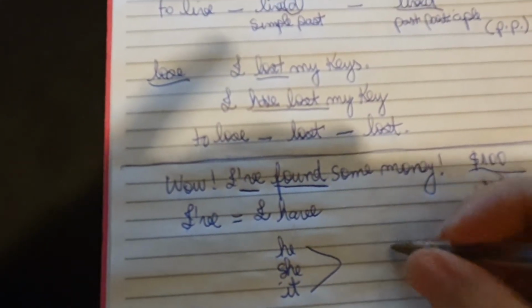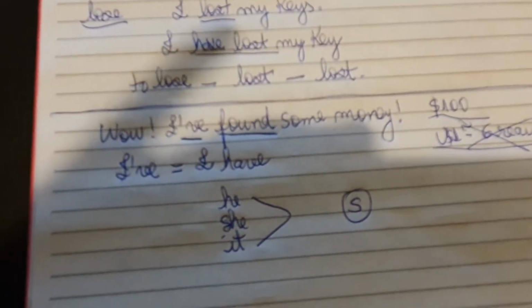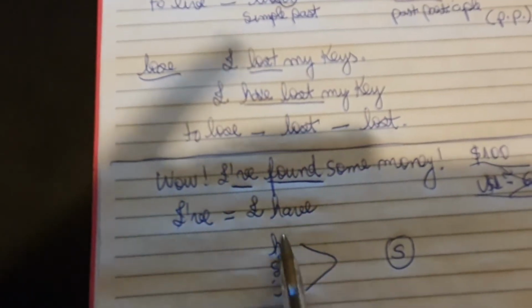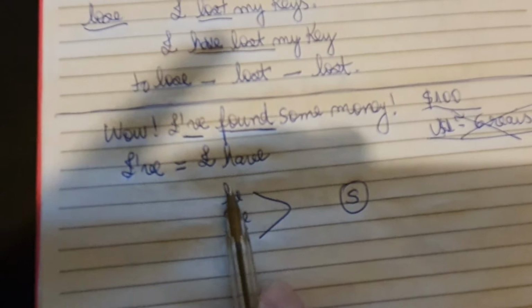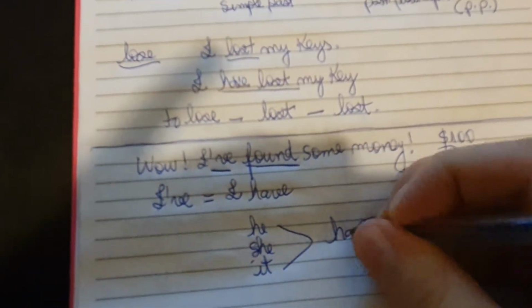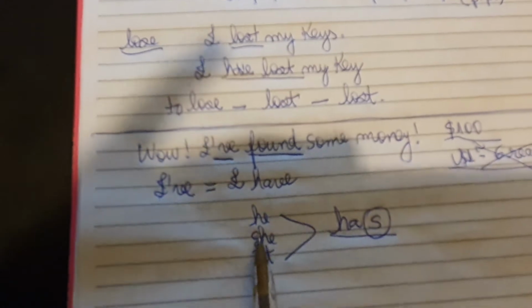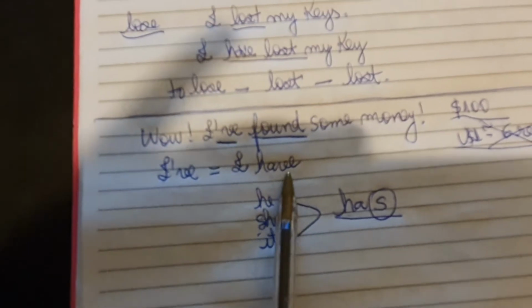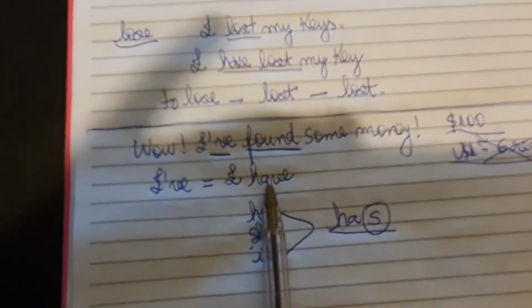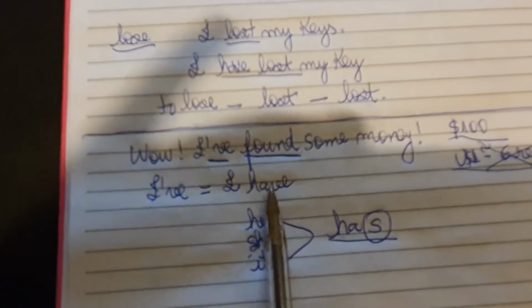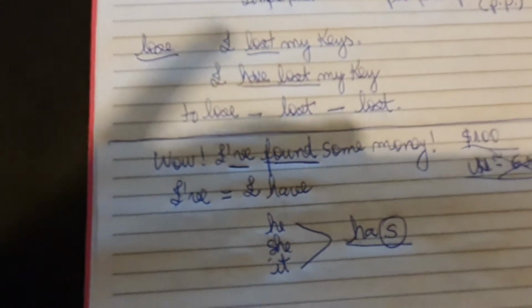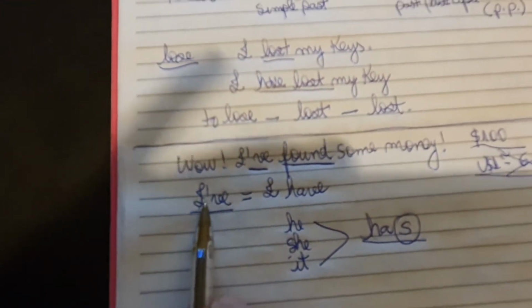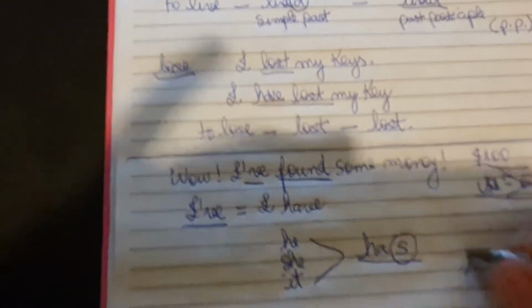Instead, we put s in the end of the verb in the simple present, right? In that case, the verb have, when we have he, she, or it, you say has. He has, she has, it has. For all the other pronouns, you use have, okay? I have, you have, we have, they have. It's pretty simple. And the structure we have seen, it's I've, okay? I have, I've. He has,